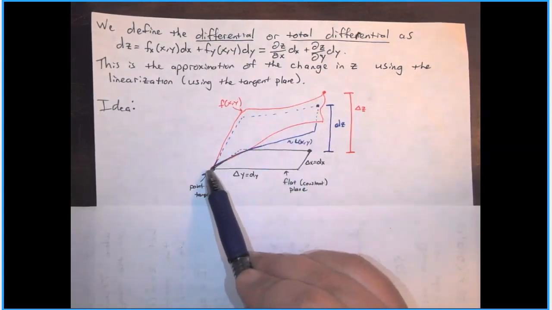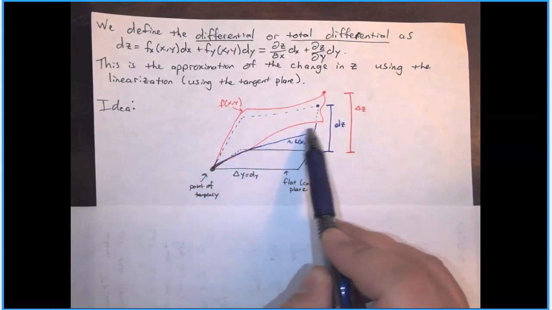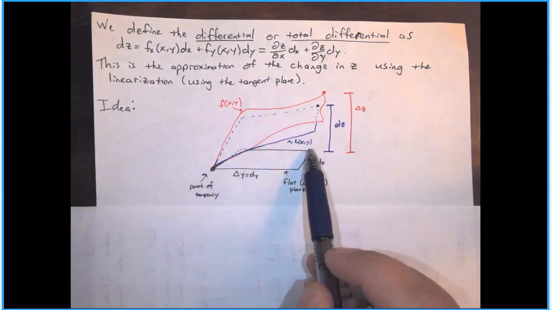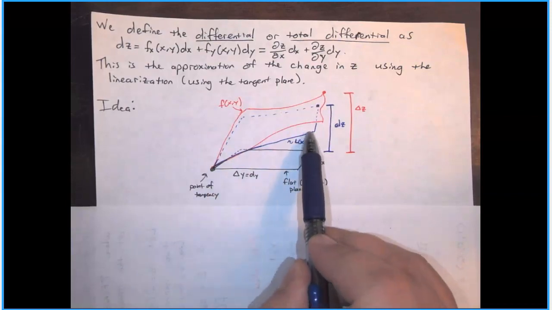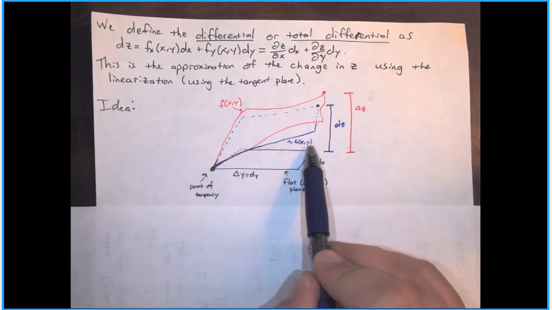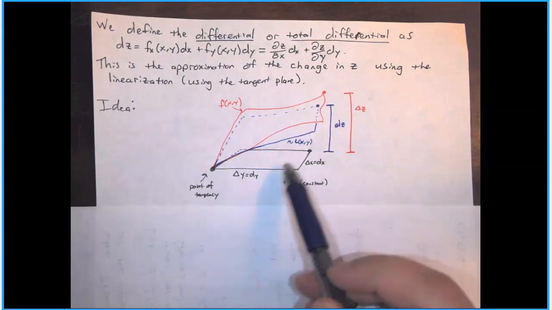They agree at this original point, but now I'm going to draw a tangent plane instead of the function itself. So this is the tangent plane. The function values are given by the linearization L of x, y. So now if I take this new point